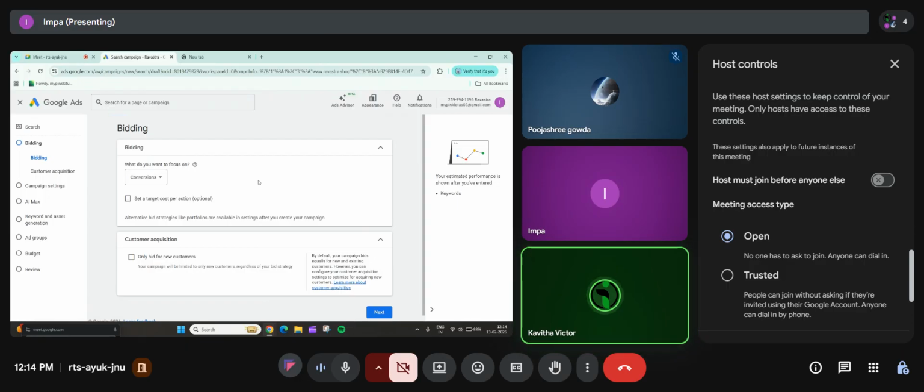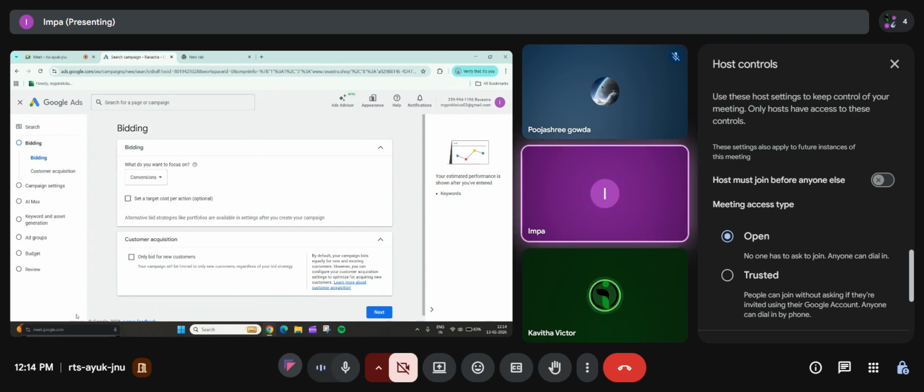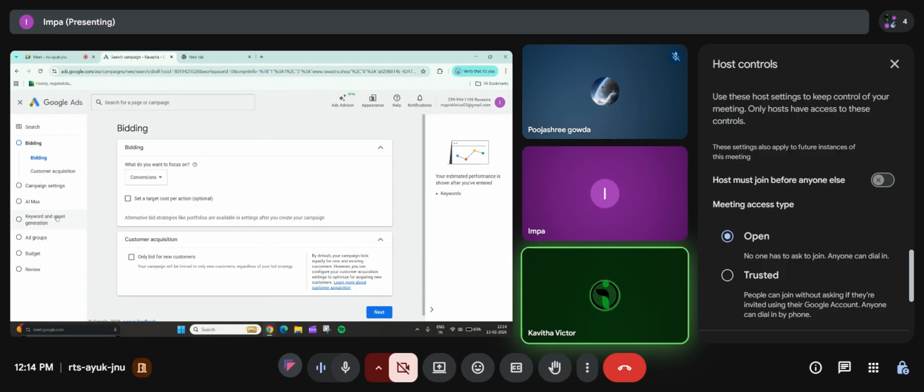Can you observe the screen? Under Search we have bidding. First step is bidding. Next is customer acquisition, that is cost per action or cost per acquisition. And next is campaign settings, AI Max, keyword and asset generation, ad group, budget, and last is the review stage. So all these steps you are going to do one by one.